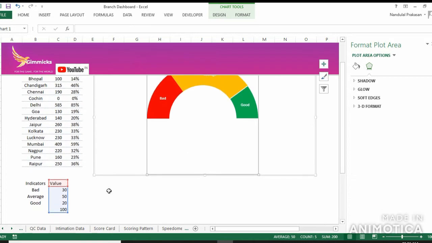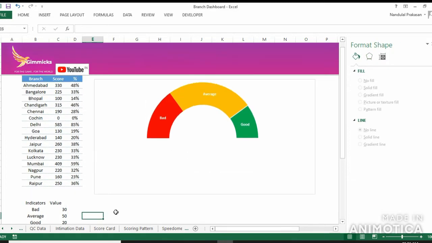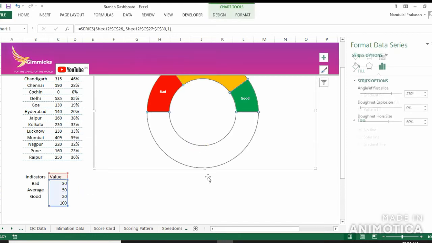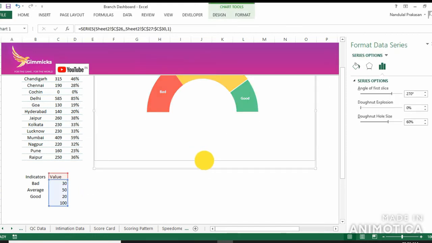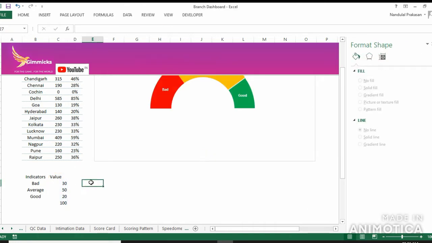Okay, so it is a little bigger now. This will do. We can change it later if required. So let's do the number part of this speedometer.